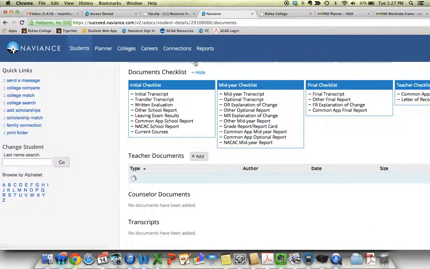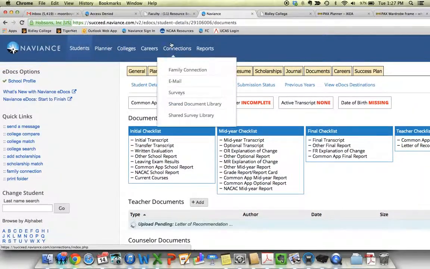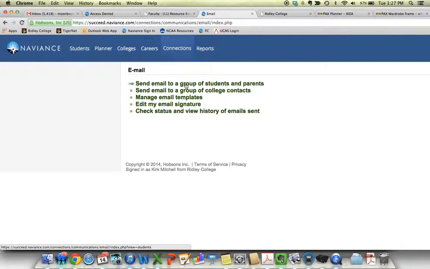What else is in here that you might be interested in? Groups. If you click on connections at the top, you'll see here what's called email. There's the option here to create or use groups of students. So if you want to send an email to a group of students in a particular house, you can click on this. I have created a bunch of groups in here for you already. So let's say you're an advisor and you would like to send, or you're a head of house and you would like to send something to all the students in Dean's house. You can use this function here